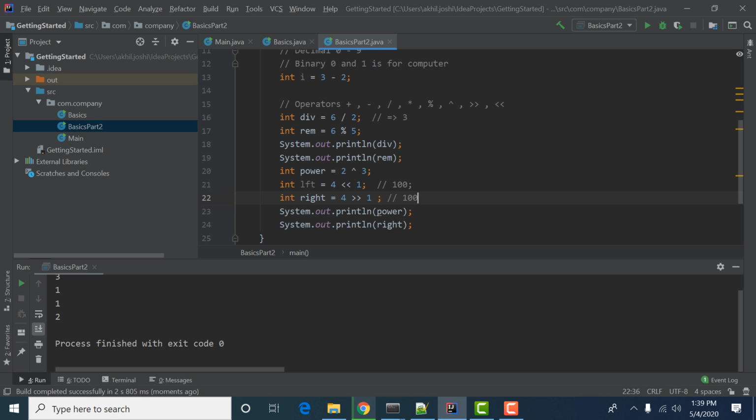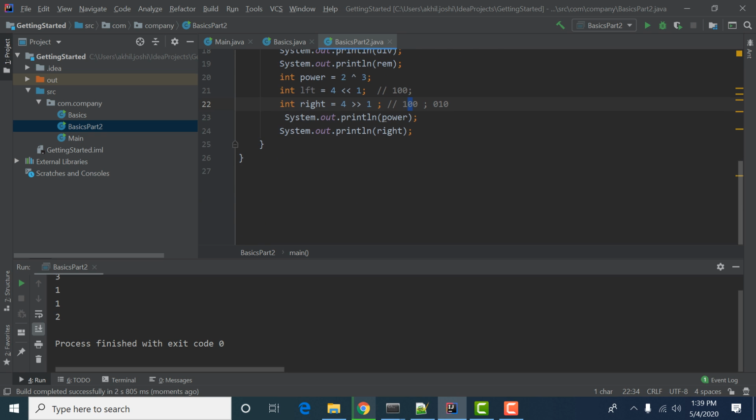If we have 100 and shift one bit, it will become 10. The outermost bit always moves outwards. So these are a few operators, and we also have some other operators which we will use in a later video. Right now we have covered all these things.